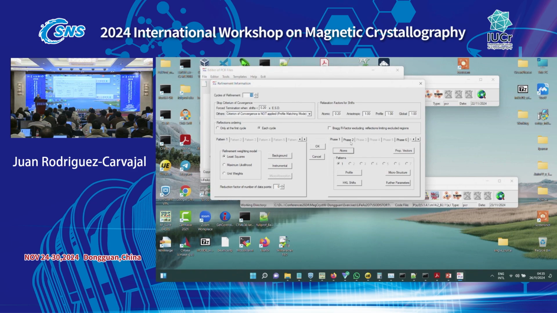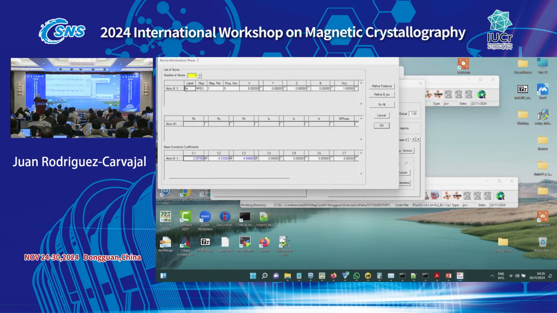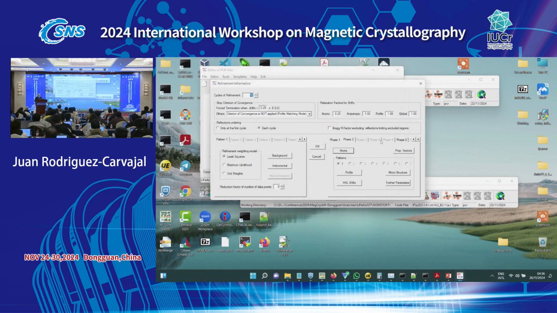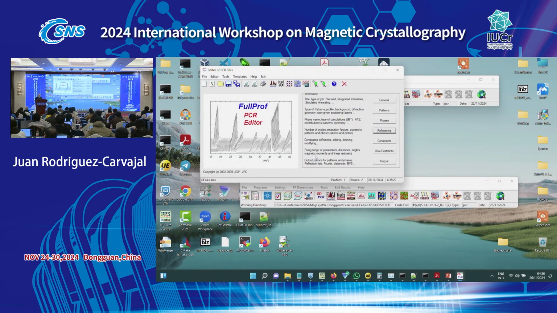You can, for example, go to phase 2 atoms. You see here, now it is a magnetic atom, and here you have the coefficients of the irreducible representation basis functions to be refined, etc. Here they are refined, yes, etc. One thing that you have to do when you work with EDPCR: you accept what you have done here, and immediately it's interesting to say Save, because there are some bugs somewhere, and then it's better to have a save.